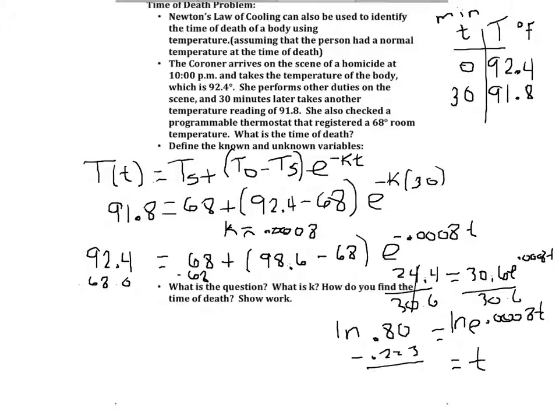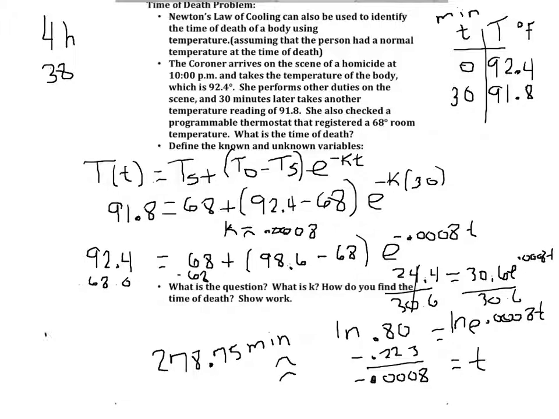0.223 divided by negative 0.0008, and so t is approximately going to be equal to 278.75 minutes. And we need to change that back to hours and count backwards from 10 p.m. Well, 240 minutes would be 4 hours, 4 times 60. So you're going to have to count backwards 4 hours, 38 minutes, and then we have to do 75 hundredths